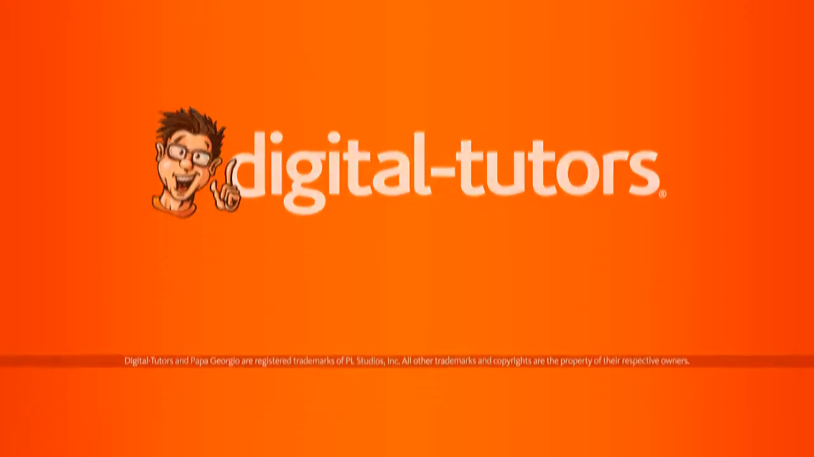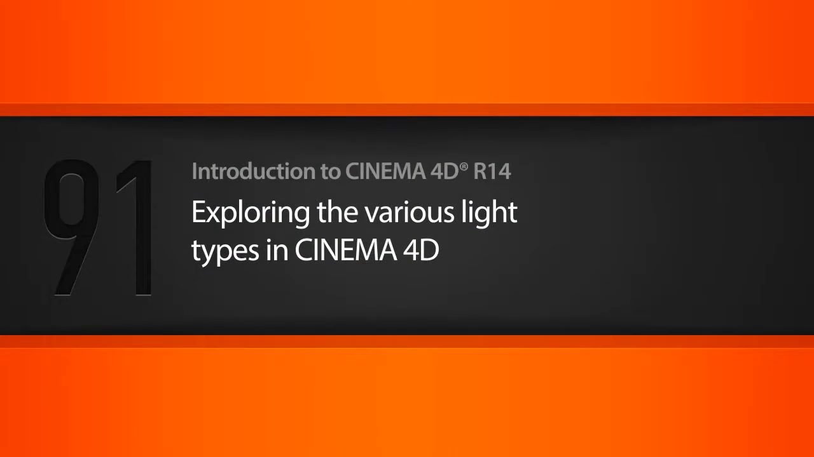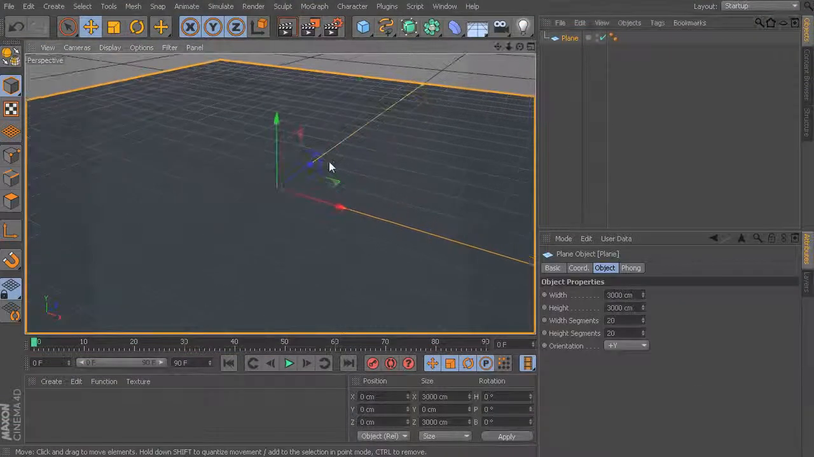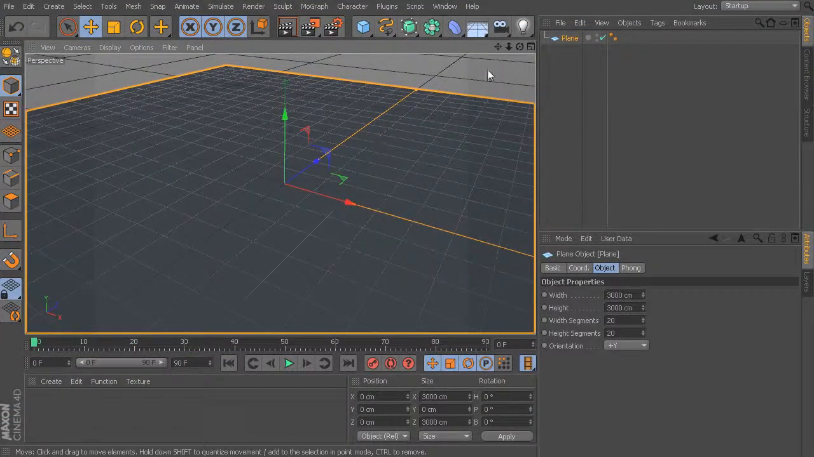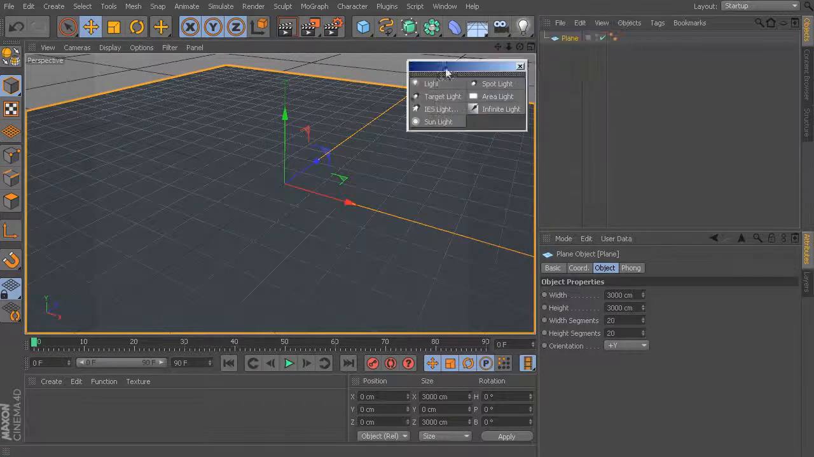In this lesson, we'll explore some of the different light types that we have available inside of Cinema 4D. Okay, so here I have just this very simple scene, really just a simple plane that's been dropped into the scene. Now, inside of Cinema 4D, we have this light menu, and here we can choose from several different light types. So what I'll do for now is just rip this off,